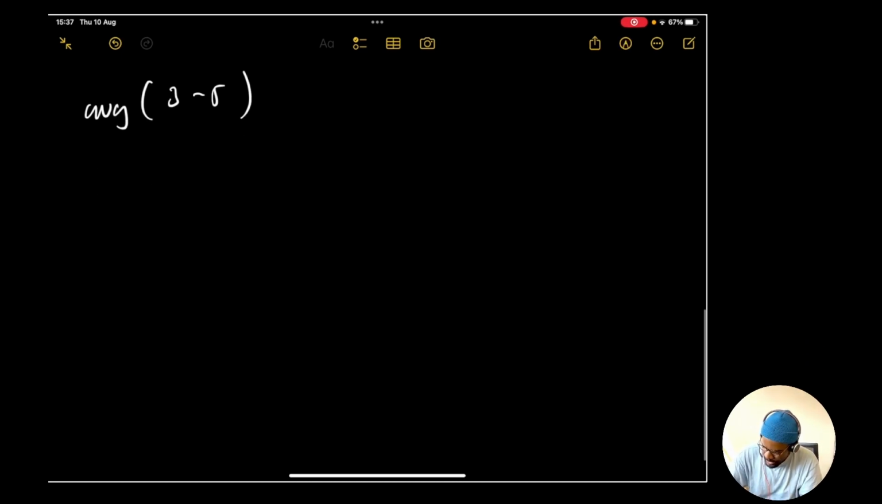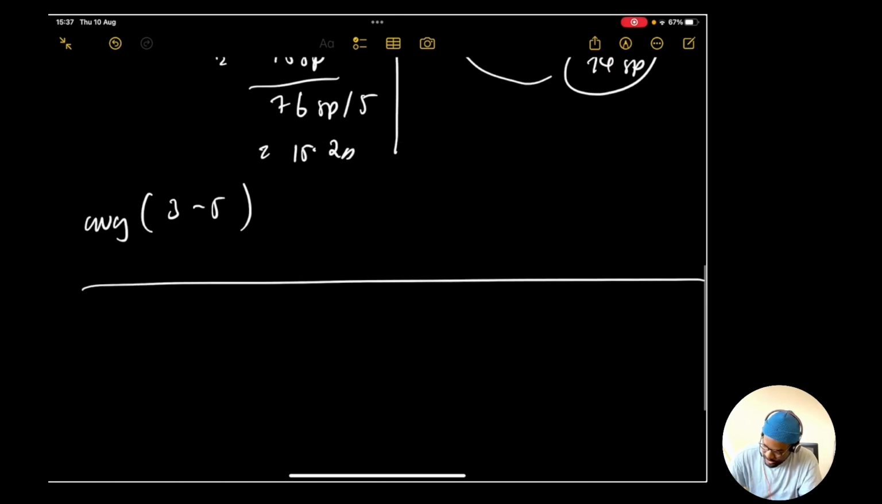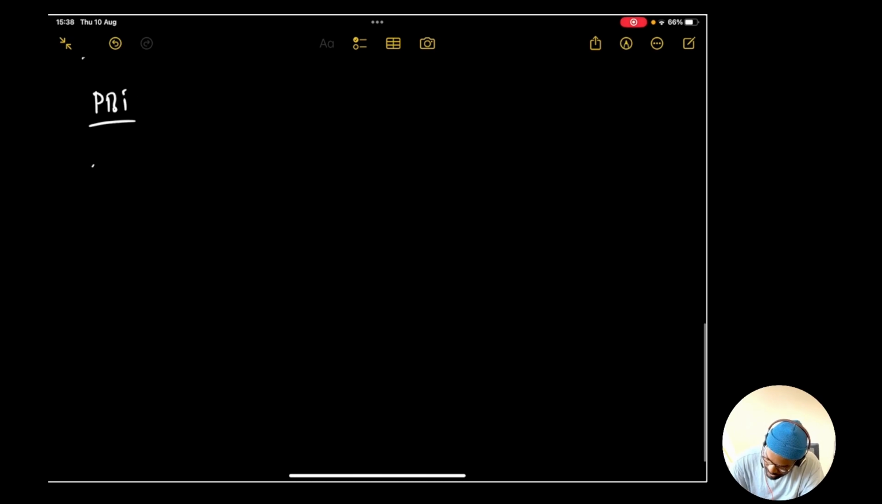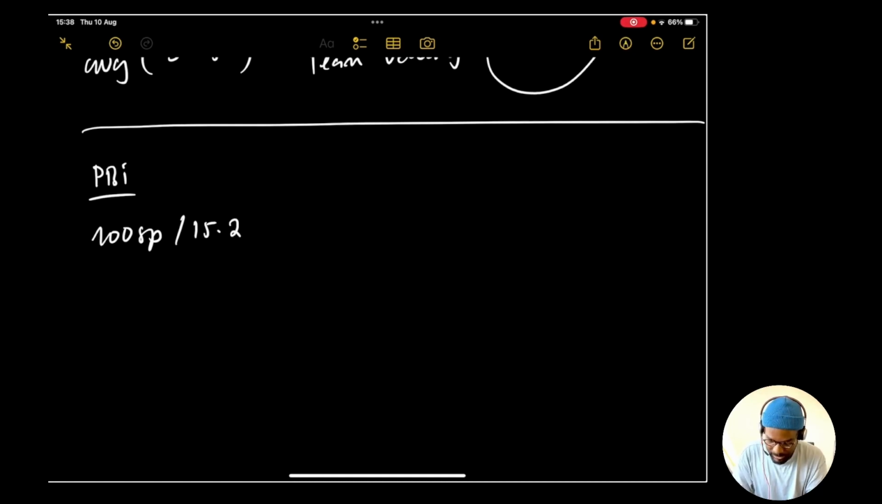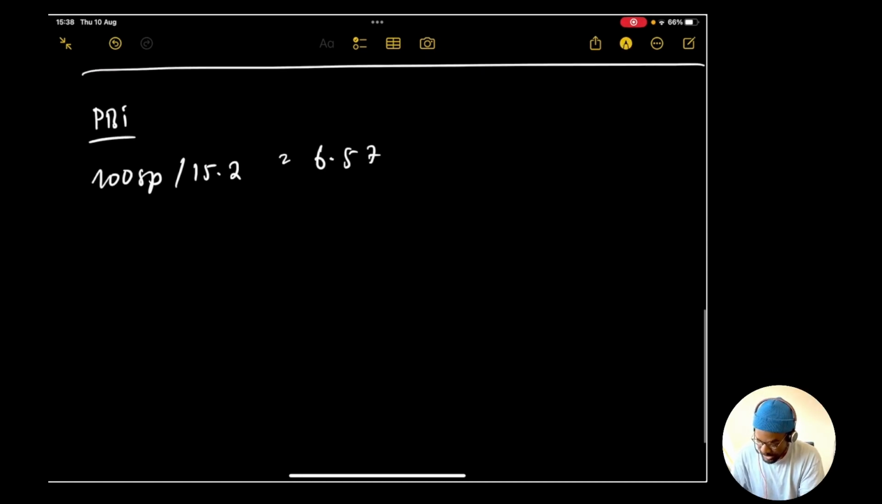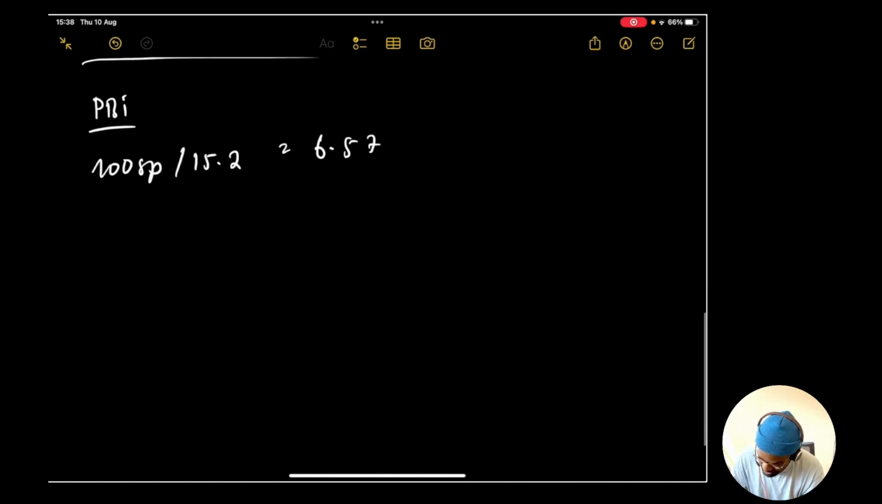So let's say now that we are moving forward. This is the average, and this is going to be the team's velocity. The team's velocity in this case is 15.2. So let's say in the future, we have a product backlog, and our product backlog has a total of 100 story points. How much time will it need for our team to tackle everything that we have in our product backlog? All we have to do is divide it by the average that we had here, which is 15.2. If I can pull up my calculator quickly, 100 divided by 15.2 will give us 6.57, which means that technically it's going to require us 7